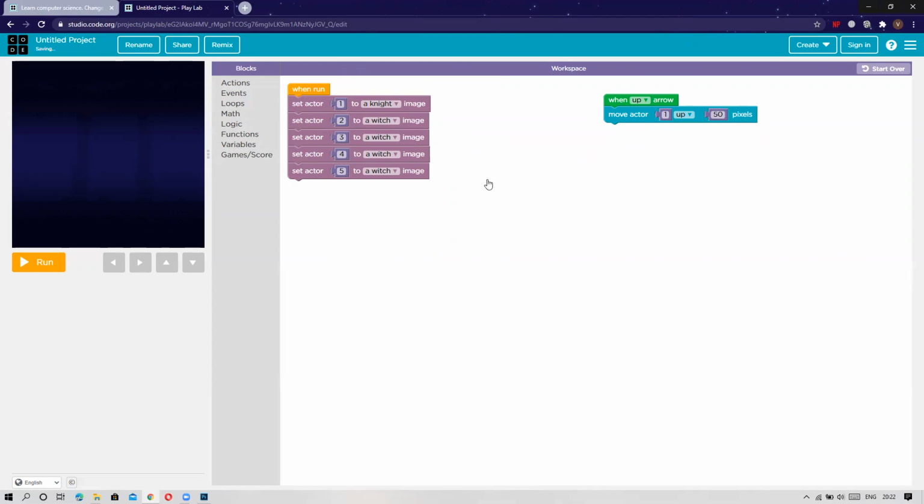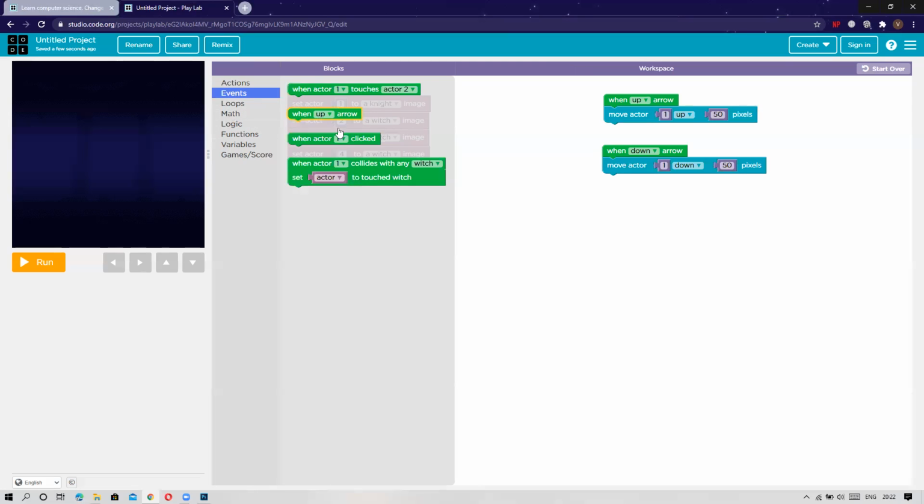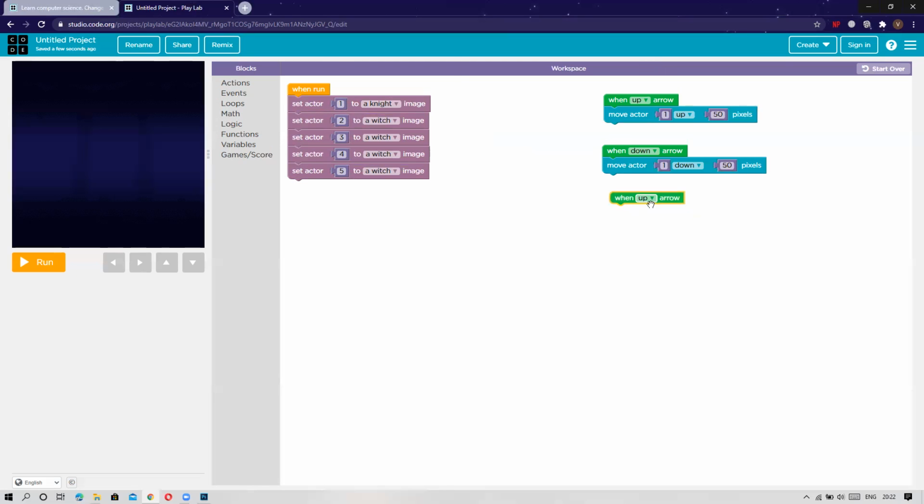We will first choose for all of them move actor down. Remember to put pixels and remember to change this events up arrow. This will go left.